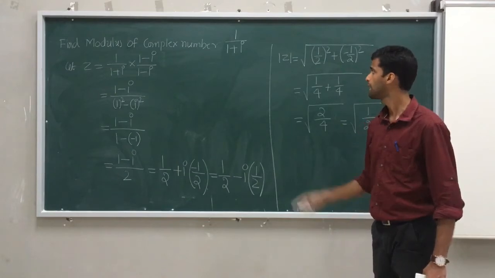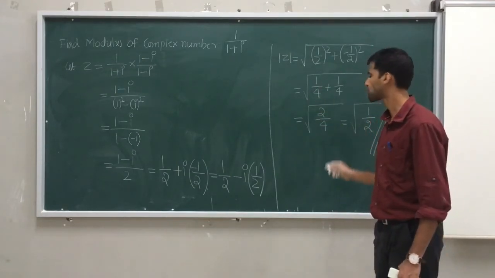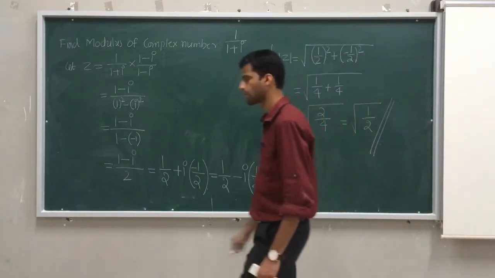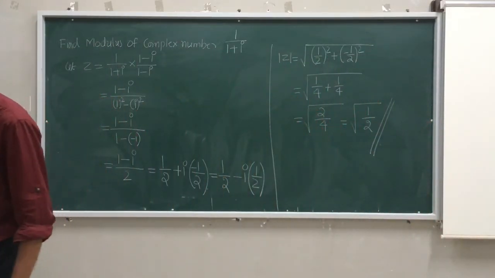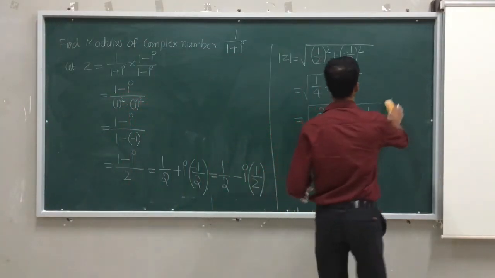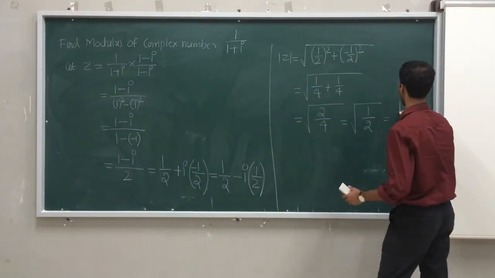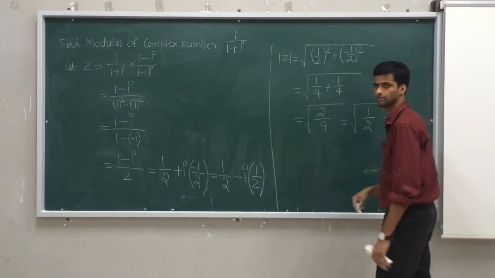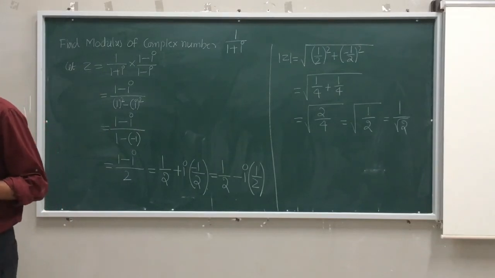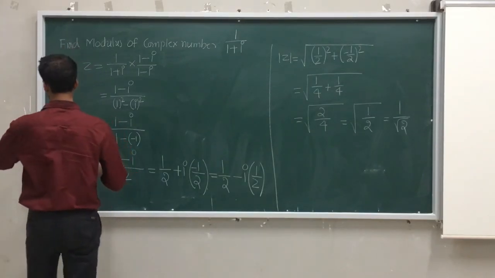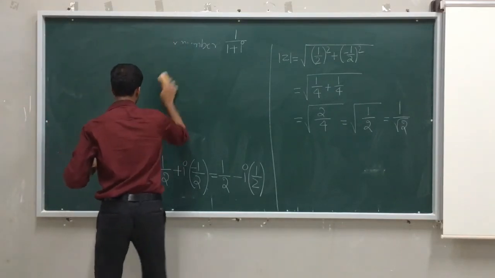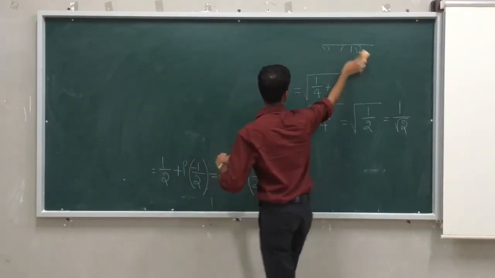So the modulus of this given complex number is root 1 by 2. It means that the point is at a distance of root 1 by 2 units from the origin. Therefore, the modulus of this complex number is under root of 1 by 2, or in simple language you can write it as 1 by root 2. It's your wish. Just take interest in solving that question. Now I'll take another question. Last question we will discuss, and we will discuss its next part in the upcoming video.